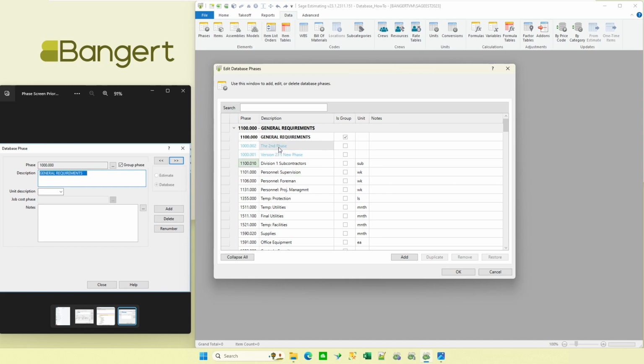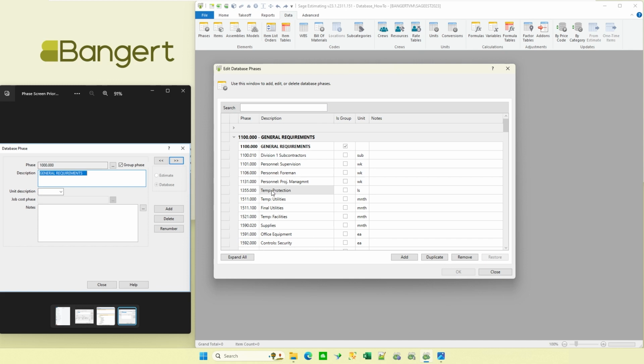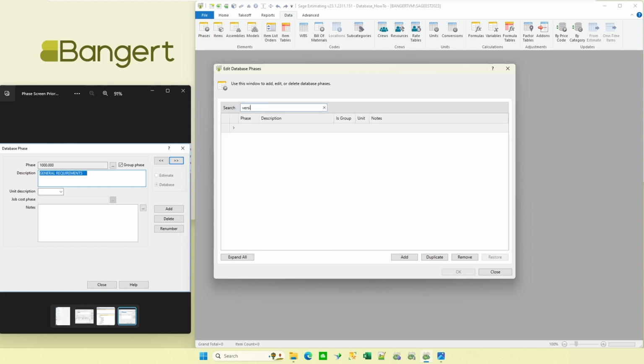These are in a different color because they haven't been saved yet. So I could hit cancel and say I messed it all up and I don't want them. But if I go ahead and hit OK, oh, it looks like I messed up my numbers. Let's see, where did that end up going? It looks like that went to...